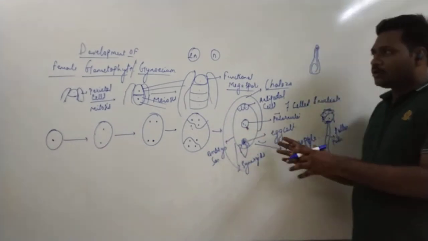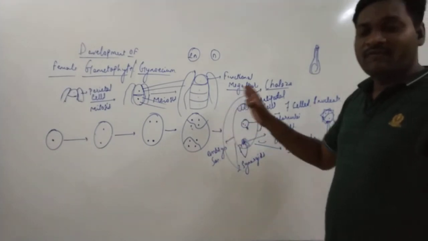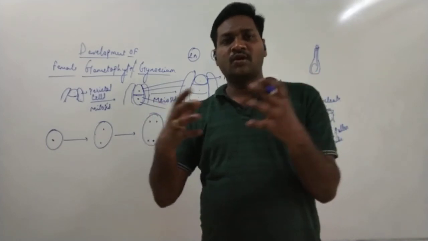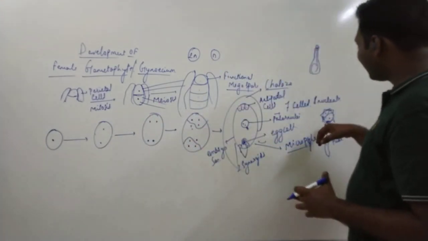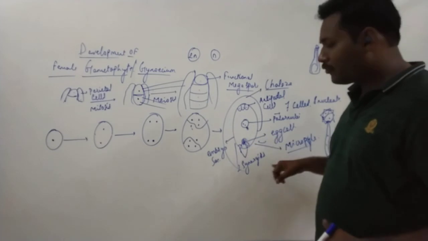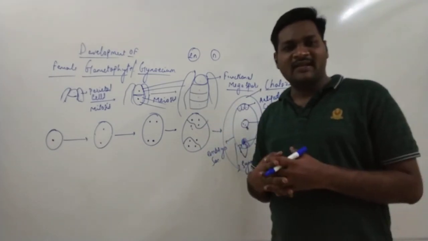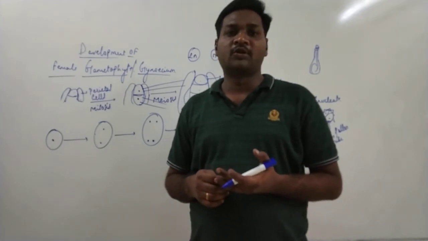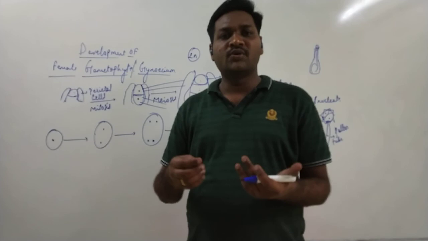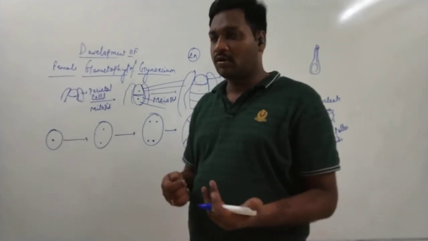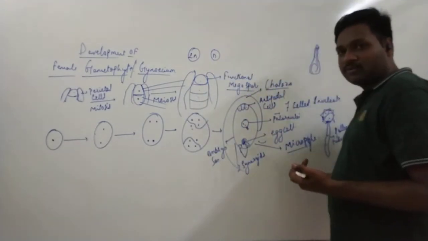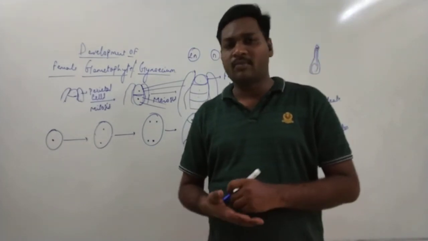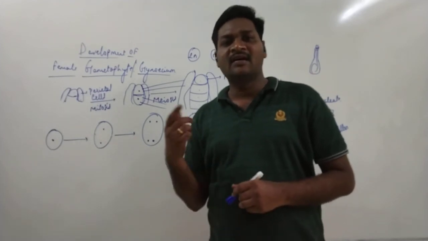So this is about the development of the female gametophyte and fertilization. What is fertilization? Fusion of male and female gamete. We have seen the development of the male gamete, the development of the female gamete, and their fusion, that is called fertilization. After fertilization, the ovary will mature and develop into the fruit, and as the fruit is formed, there will be development of seeds. That is called post-fertilization modification, and we are going to discuss that in the next part.